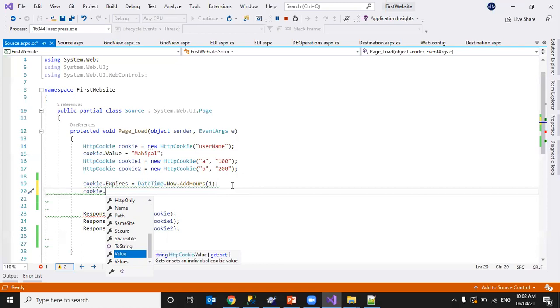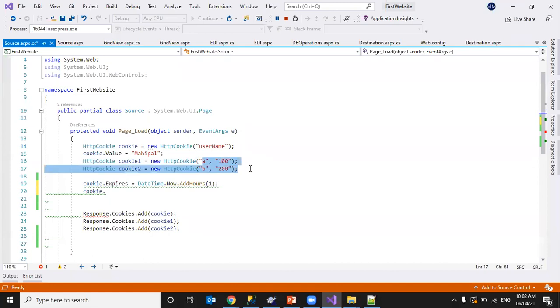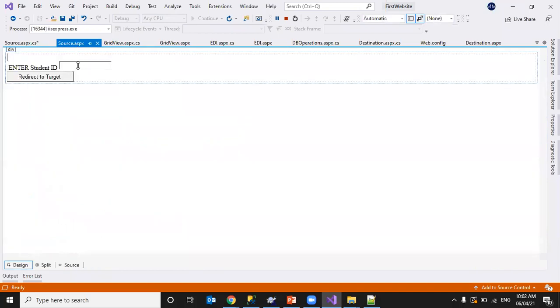So, reading their values. In the same manner, here we set only static, hard-coded data. In the same manner, we can pass the value entered here.